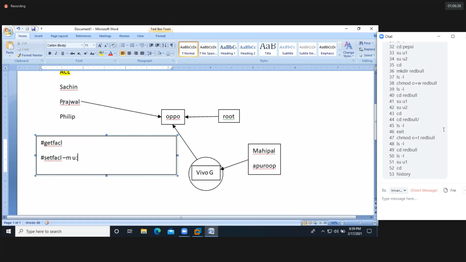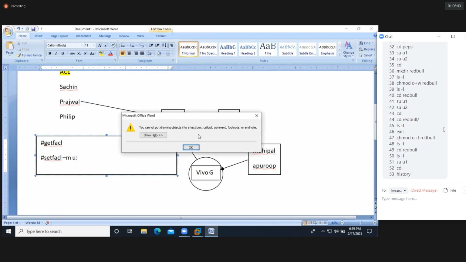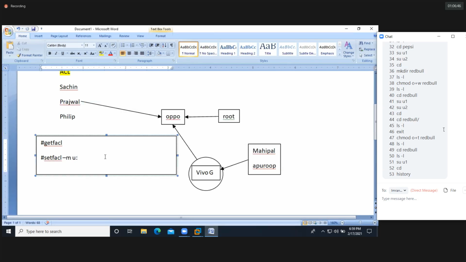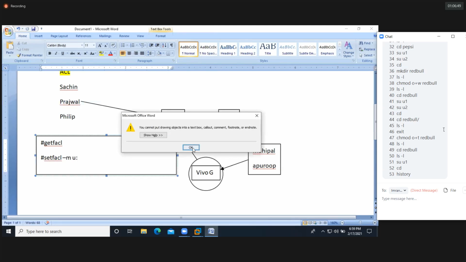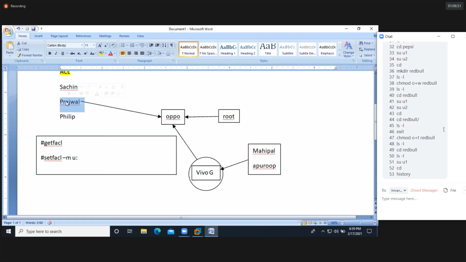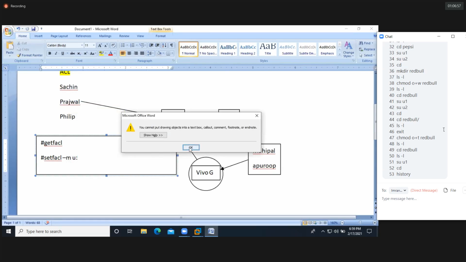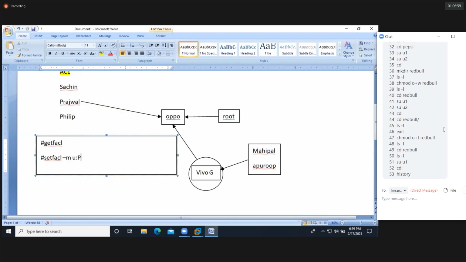And we need to provide the username called Prajwal. Copy this, paste it here. Okay, I'll type. So Prajwal is the username. Colon. What type of permission do I need to provide for Prajwal? Read, write, execute permission. Full permission I am providing for Prajwal.